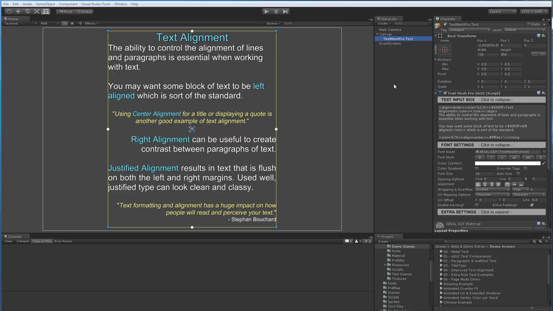Now, we can also see here that we're using the size tag for the title or even for the quote, and the size tag takes different forms. One of the forms is size equal a point size, which would be an absolute value. Another form is size equal plus or minus a modifier over the base tag. So for example, size equal plus 14 would result in something that would be 36 plus 14 or 50 point size. The last variation is size equal percentage something, which would then keep the text proportional to whatever point size